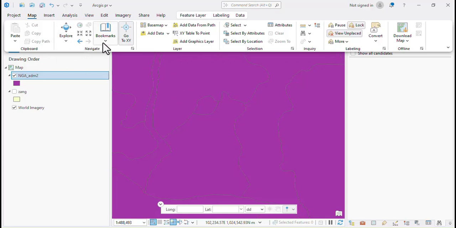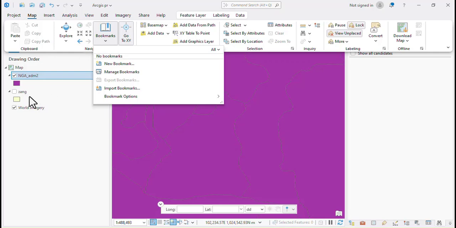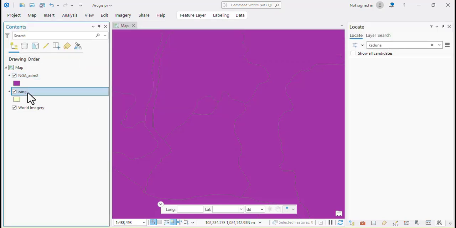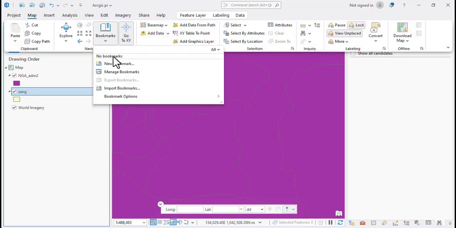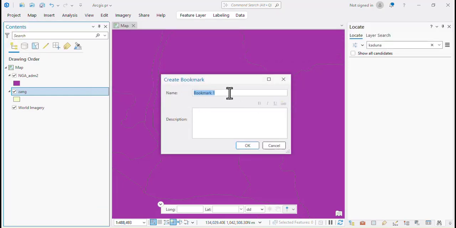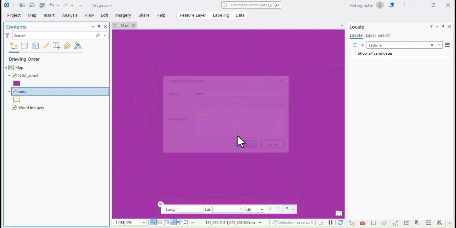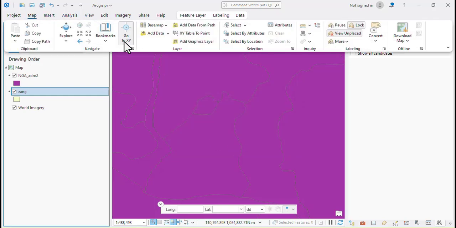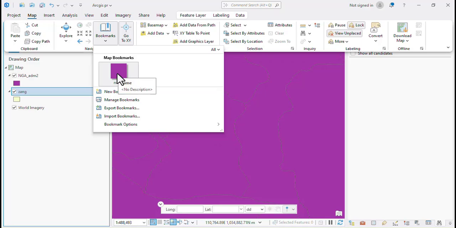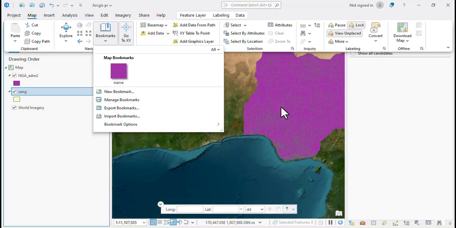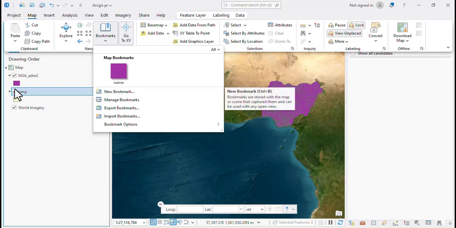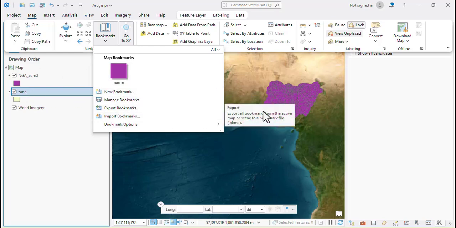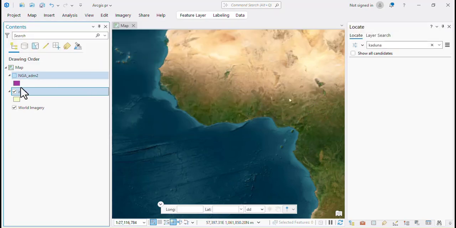So I believe we didn't do a practical of creating a bookmark, so I'm going to do that. Now we have this thing here, so I want to create a bookmark. To do that, I'll just go to map and then click on bookmark, and I'm going to say new bookmark, and I will name it, for example, and description. So since I'm selected here, if I go back now and click on bookmark, you will see the bookmark is showing this one. This is what is showing as the bookmark now, but that is not what I want to create as a bookmark. So I'm going to remove this and